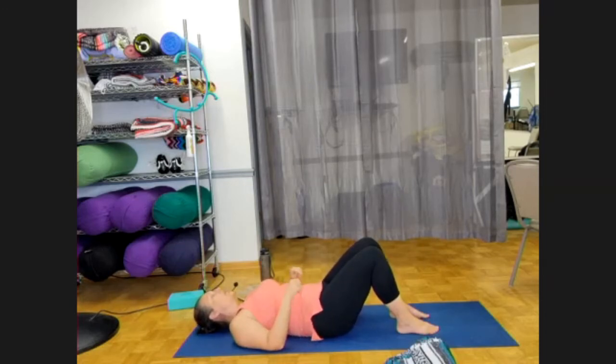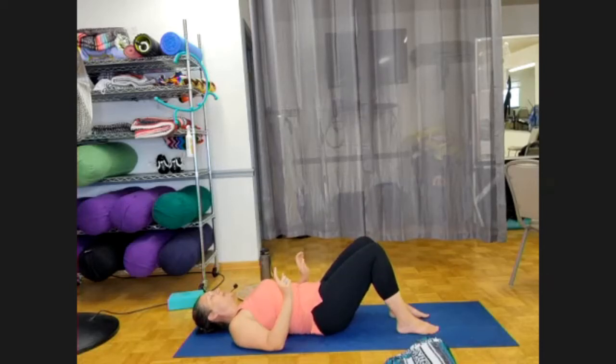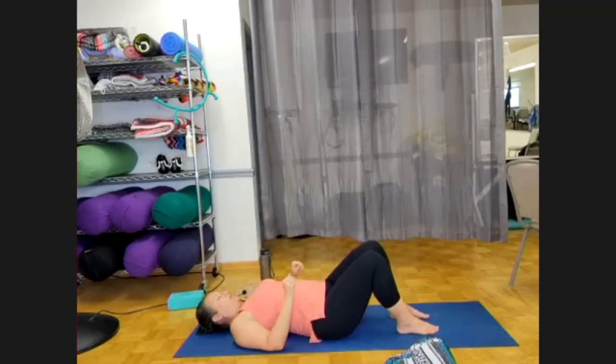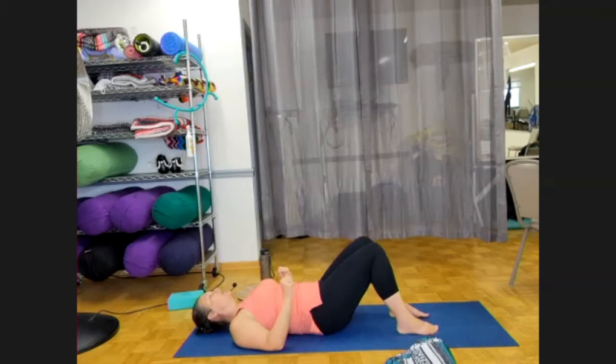So we're going to take this motion. We just did side to side. Now we're doing front to back. We're going to create a circle out of it. So I want you to pull your back into the mat. Then I want you to rock your hips onto the left glute. Then I want you to arch your back, level on both sit bones, and then roll over to the right hip. Flatten the back, center, go over to the left,